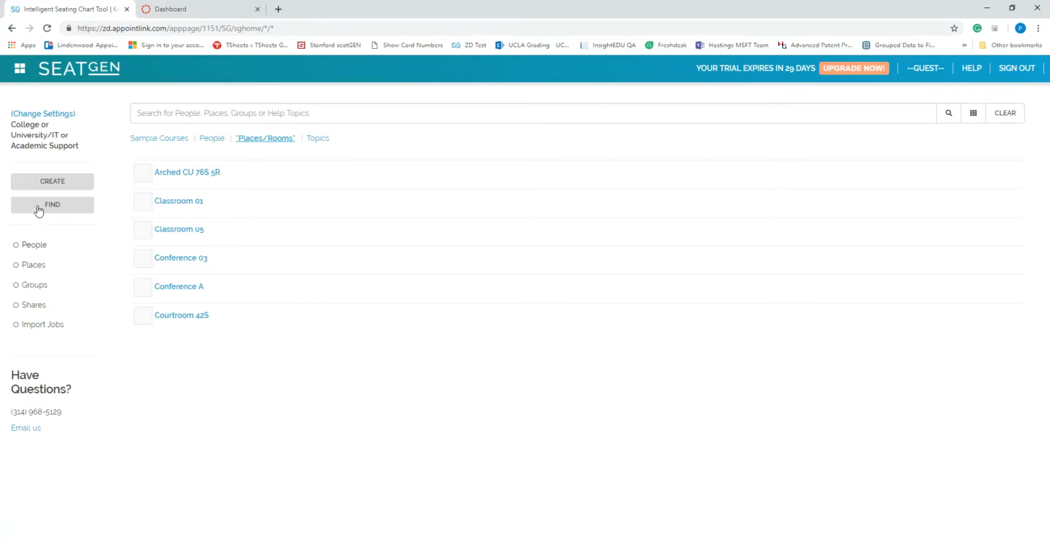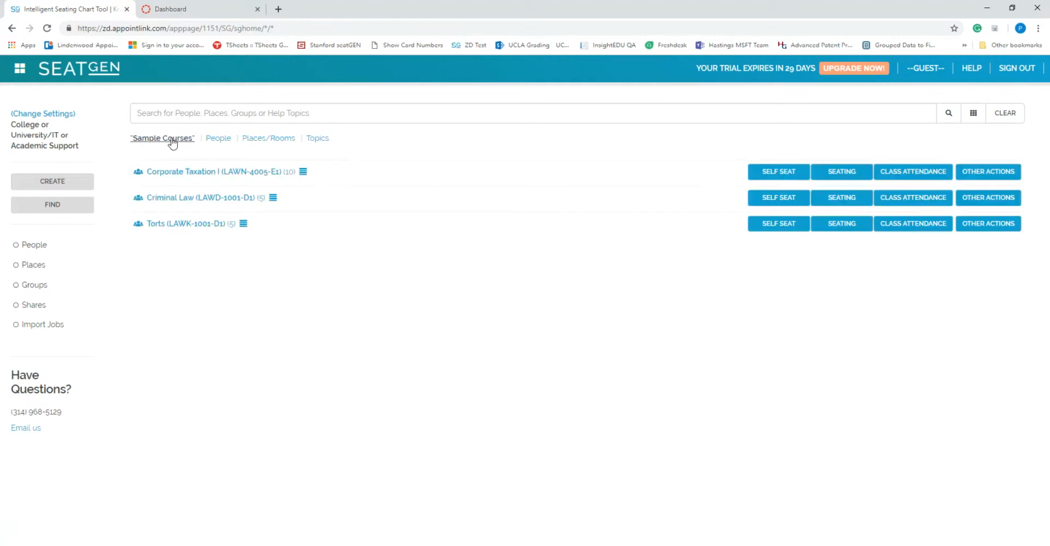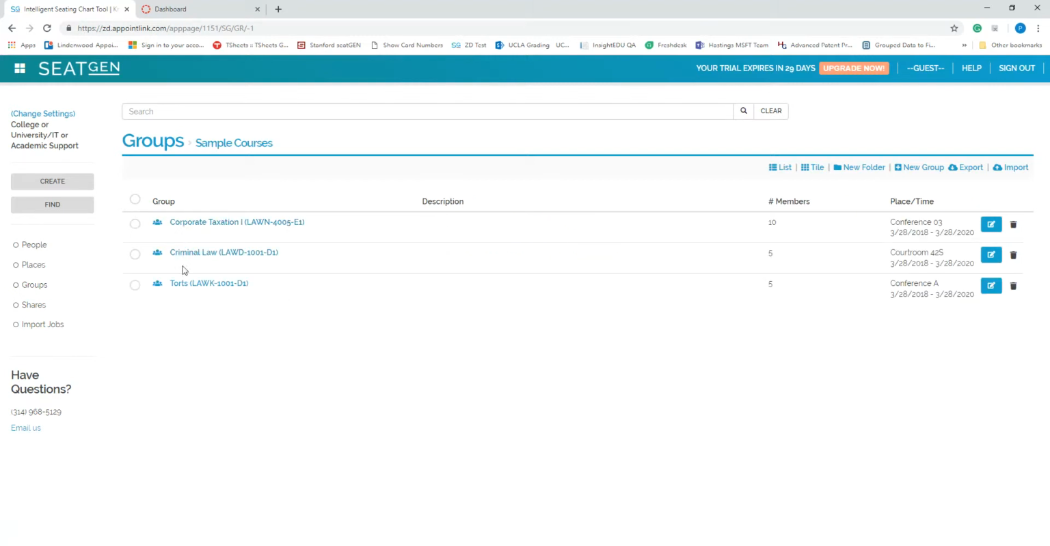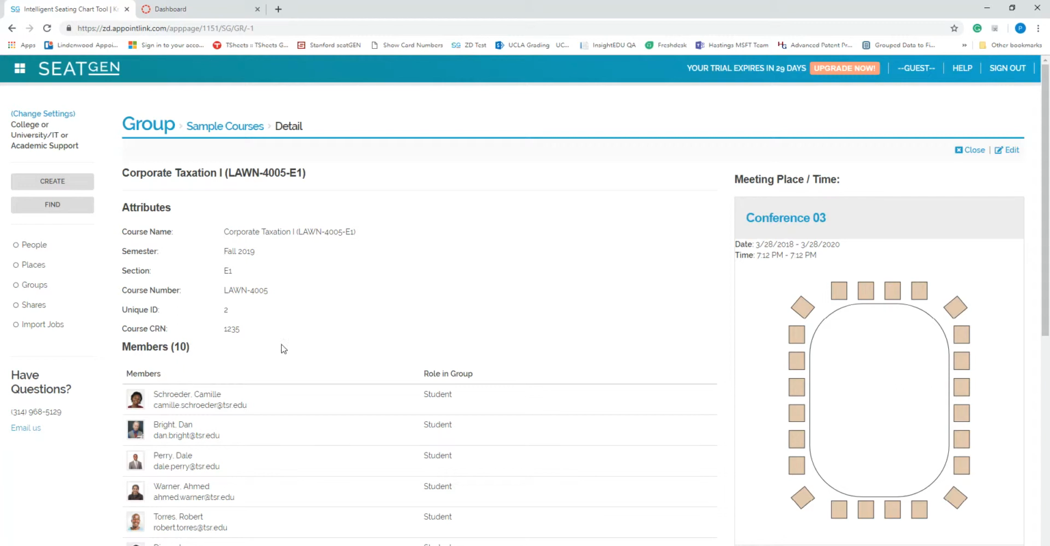Okay, and again, you can find each of these items here. We started here on the sample courses, but if I decided to go down here and look at groups, that's where we were before. This is just a different way to navigate there. We find the sample courses folder, and there are those groups. And again, we can look at the information, select edit, will take us back to the screen we were on a few minutes ago. So if we select people,